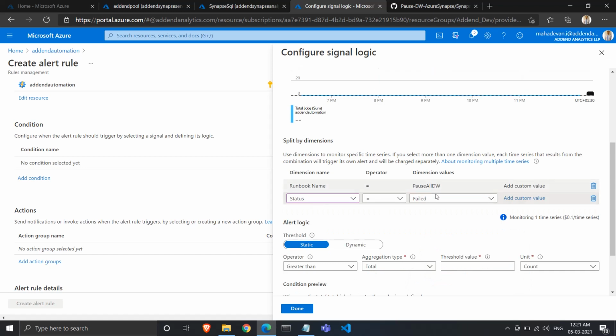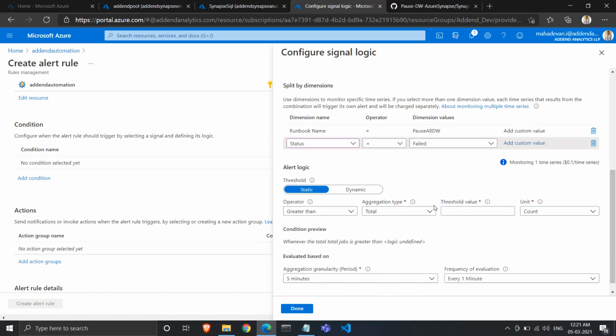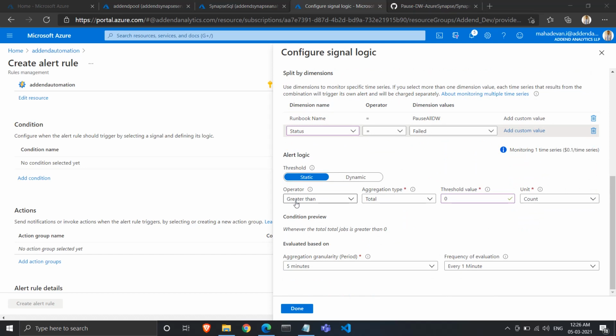So if this runbook is failed, if the schedule fails, that's the condition. We want our alert monitoring system to fire an alert. So in the alert logic, we need to specify the threshold value, that is 0. If the status is failed more than 0 times, then we need to fire an alert.